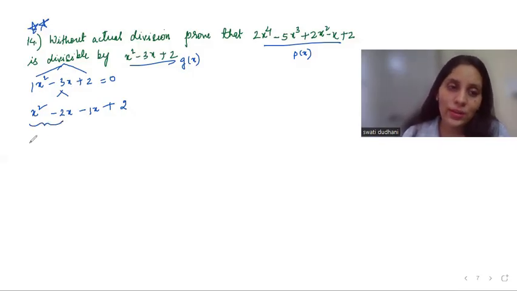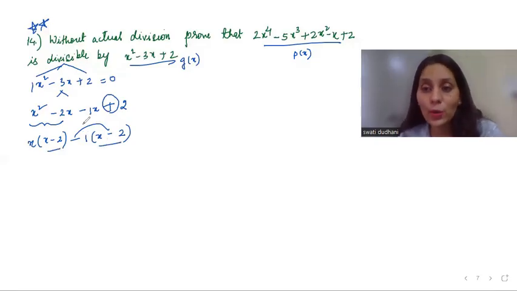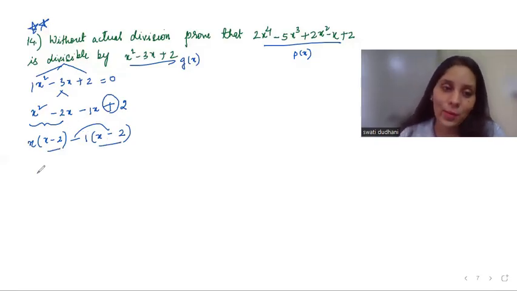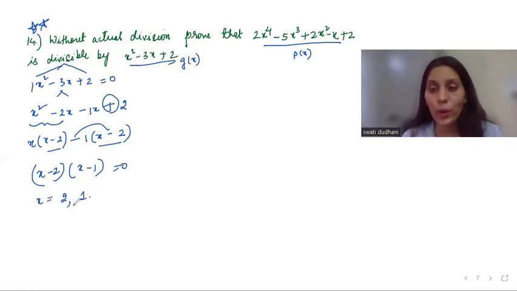Now what is common here? x. So x minus 2. And here what is common? 1. Again x minus 2, because minus into minus will give you plus. When you do so, you need to make sure that the bracket parts are the same. Only then it is correct. So now x minus 2 is common, then you have x minus 1. So these are the 2 zeros. From this, what are the values of x? x is 2 and 1.